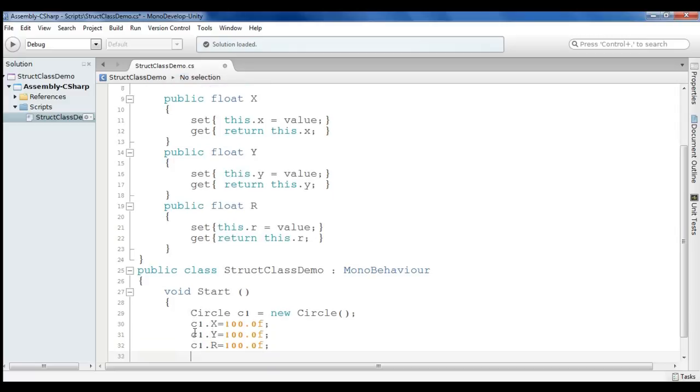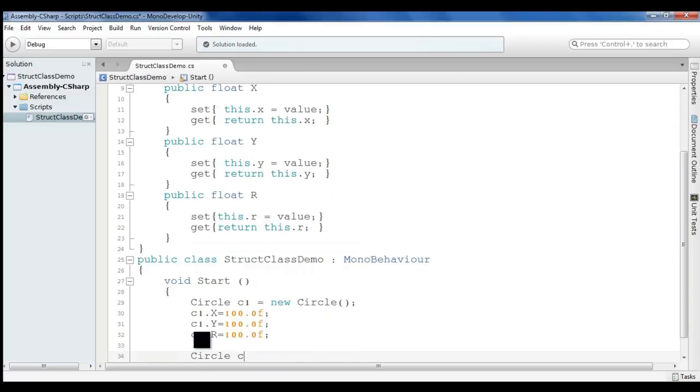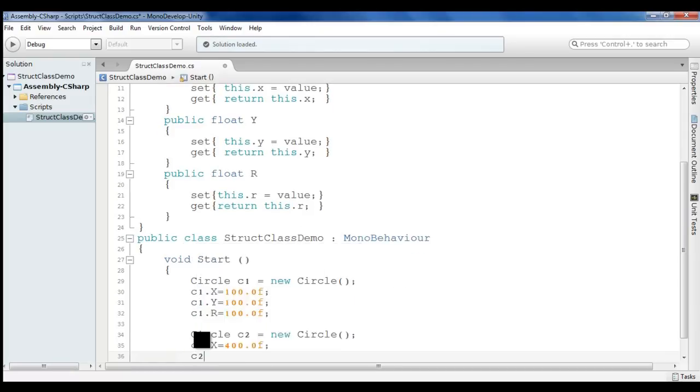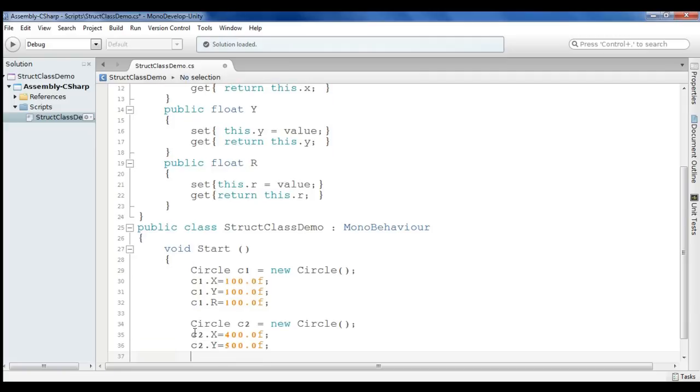That is what we have for the circle, right? Another circle, circle C2 is equal to new circle, and C2.x is equal to 400.0f, C2.y is equal to 500.0f, then C2.r is equal to 100.0f.